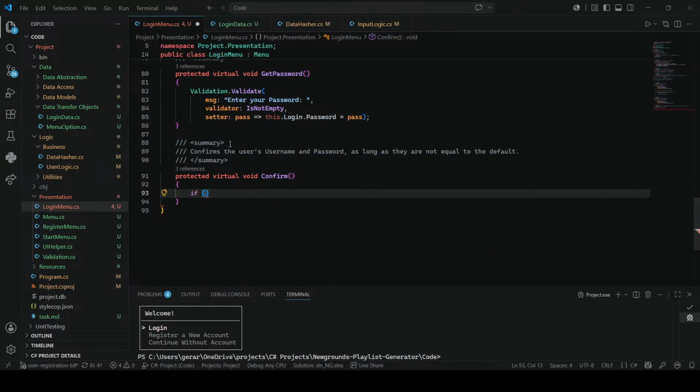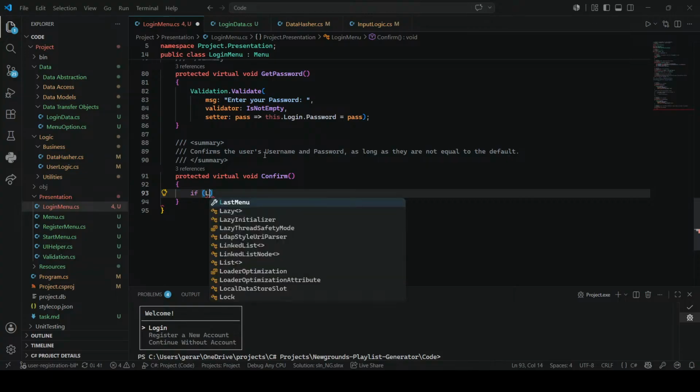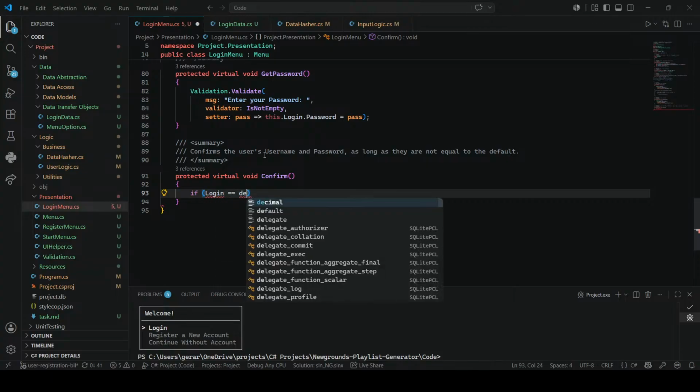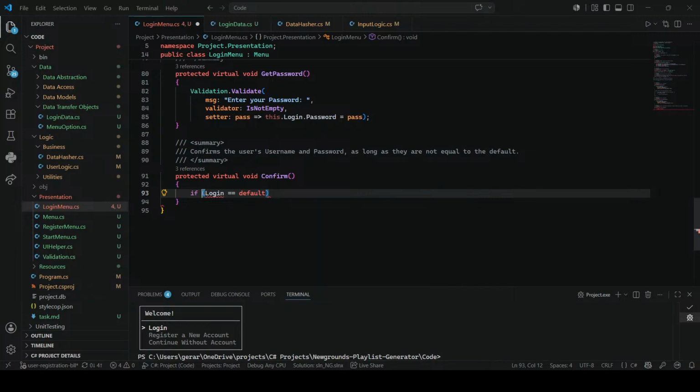You can just do is equal to default, right? So if this dot login is equal to default,